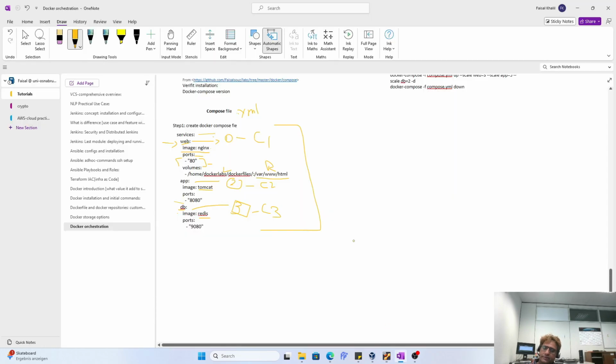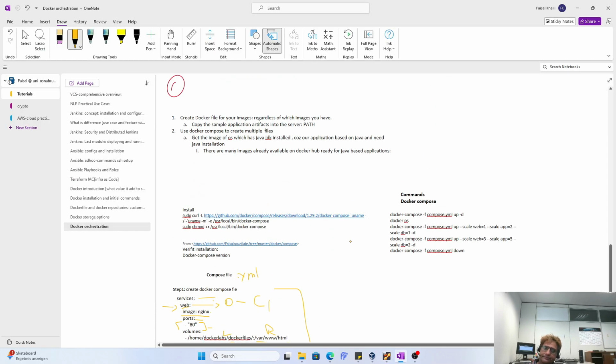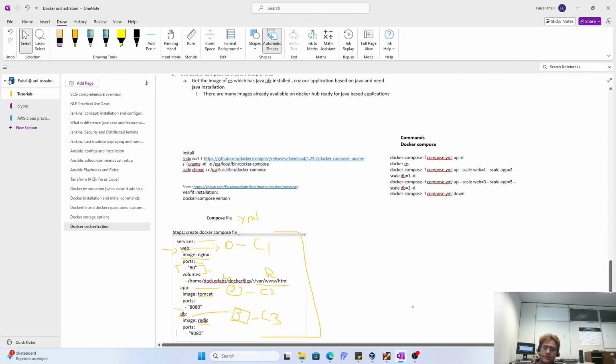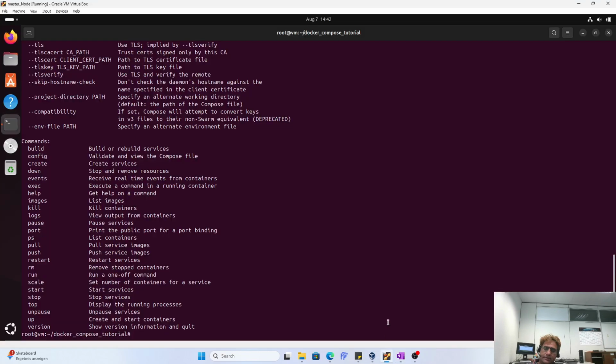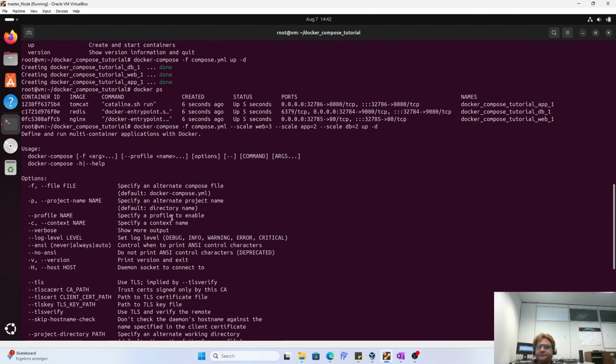Okay, what was the command again for scaling them up? First the app. Okay, first the up, and then this command should work. So for example, this up should be coming after this compose. Immediately after compose, we should give this command,